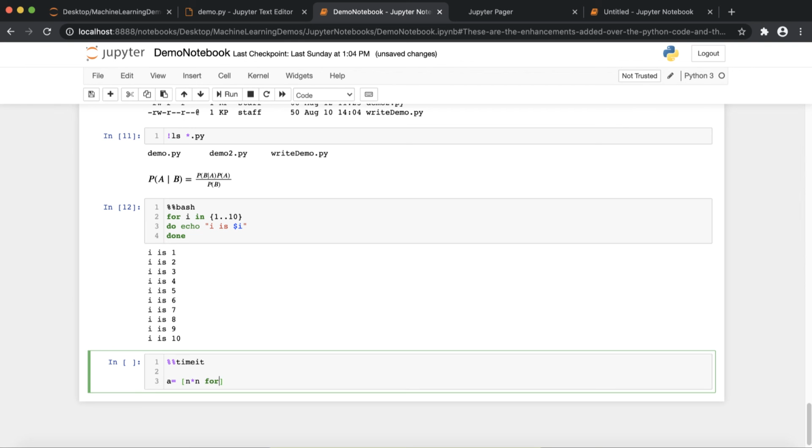I'm making a square of numbers, then for n in